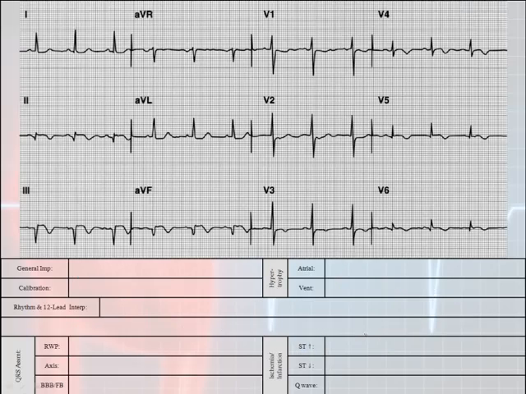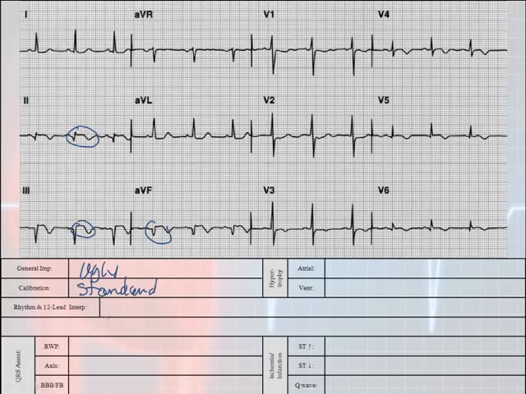Let's look at our next 12 lead here. General impression, well, looks ugly, because I can see this ST segment elevation here was the first thing that drew my eye. Calibration, there are no calibration markers on here, but I think I cut them off when I cropped the picture, so